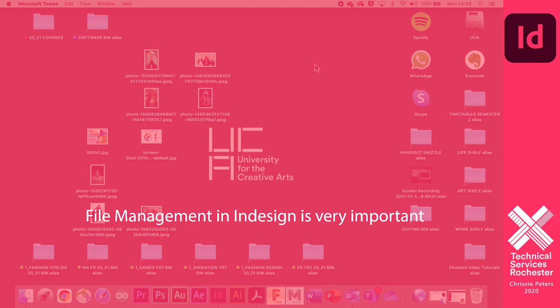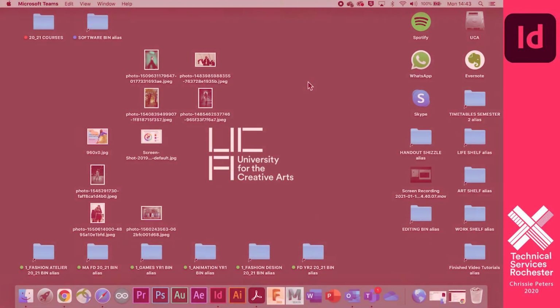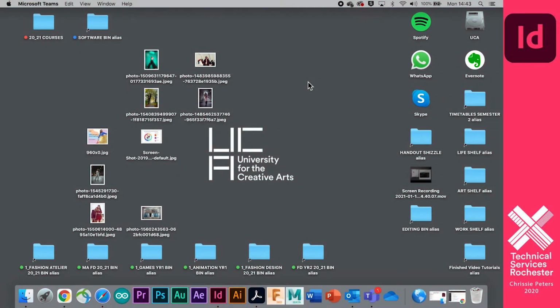Before starting in InDesign, you need to make sure that all your images are gathered up into one place. InDesign doesn't actually save your full resolution images. It makes a thumbnail image, a sort of low resolution image that it connects and links into the real image, which is saved in a folder. And I will go through that as we progress throughout the tutorial, but first you just need to know that